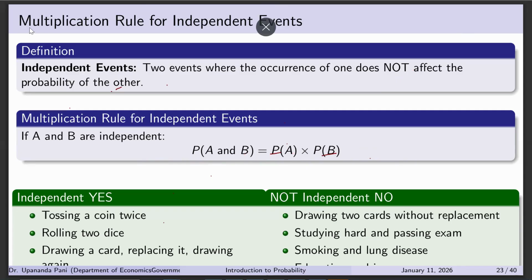Multiplication rule for independent events. What do you mean by independent events? Two events where the occurrence of one doesn't affect the probability of the other, right? So the multiplication rule for independent events is: if A and B are independent, then